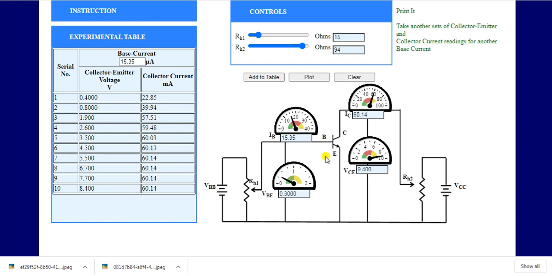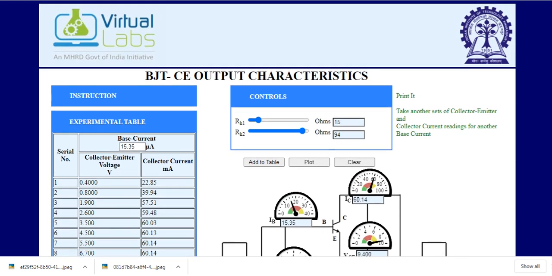So this is all about the simulation of BJT in common emitter configuration, and we are talking about the output characteristic curve.